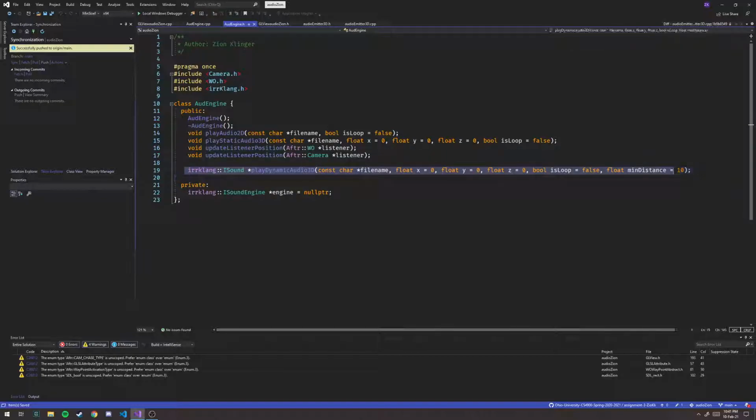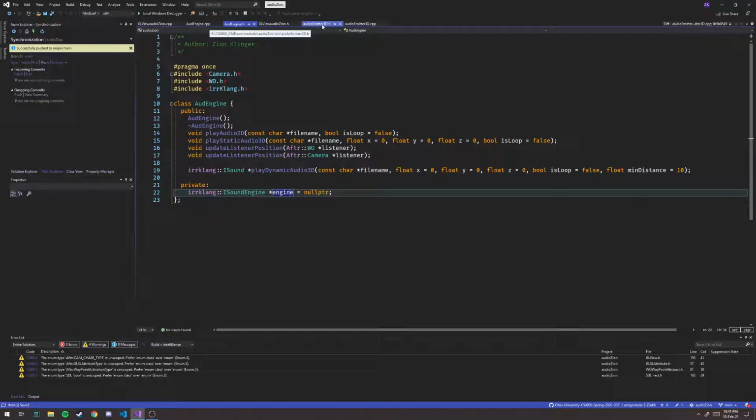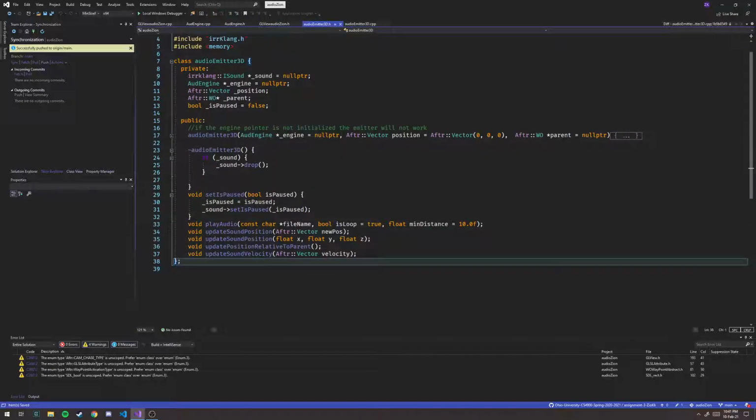That way you can do it either way. And then the dynamic 3D audio, that's what I'm using the most. And basically it just returns a pointer to a sound so that another object that I created, the audio emitter, can tweak that sound. So if we go over to the audio emitter class, it's got a pointer to the sound that gets dropped when it's done, a pointer to the engine on the audio engine,